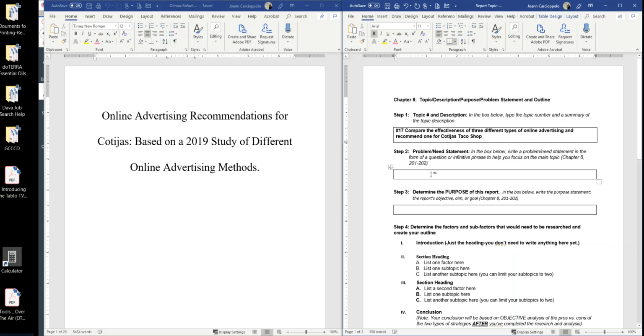In step 2, you're required to enter the problem and need statement using either the declarative statement, an infinitive phrase, or question format as discussed in Chapter 8 on pages 201 through 202. Remember, the problem statement provides a clear description of the situation that created the need for this report. If you read the sample report background information,